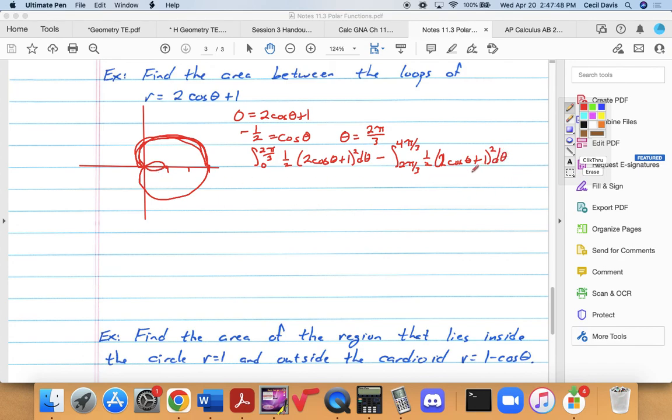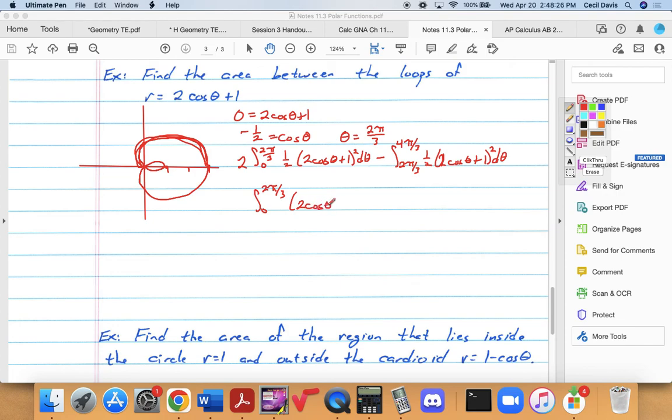So that's the whole inner loop, but that was only half of the outer loop, right? You're like, oh gosh, wasn't this half of the outer loop? Couldn't I just multiply that times 2? Yeah. And if you wanted to, especially if you're wondering whether it's 4 pi over 3, you could have actually done this. So these 2 and the 1/2 are going to cancel. So it's 0 to 2 pi over 3